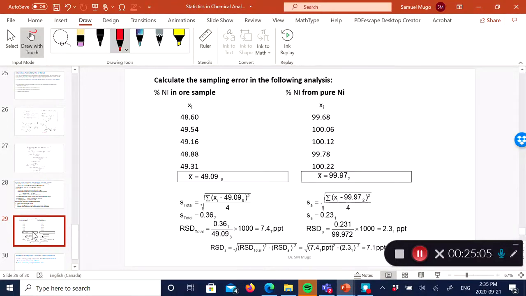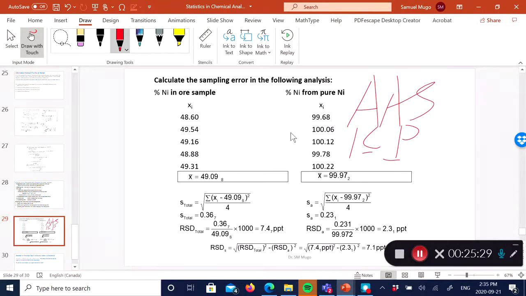So assume you're given this type of data set. You've got a pure nickel standard that you run in the lab, possibly using a technique that we're going to cover in class, called AAS, atomic absorption spectroscopy, or even ICP, inductively coupled plasma. You can run these samples on any of these analytical methods. This one is a pure standard that you make in the lab. You run it and you're getting an average value of percent nickel as